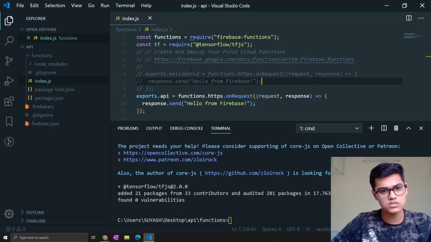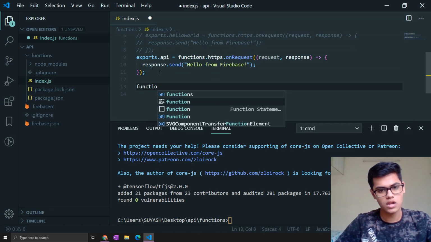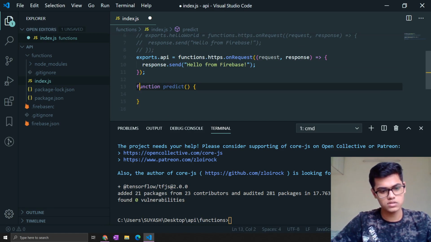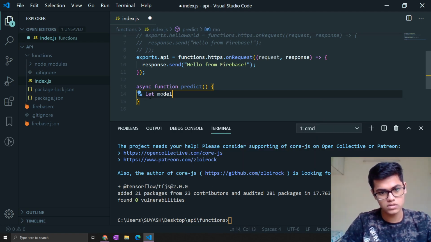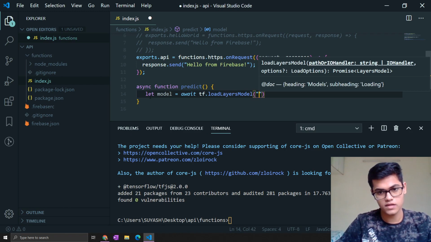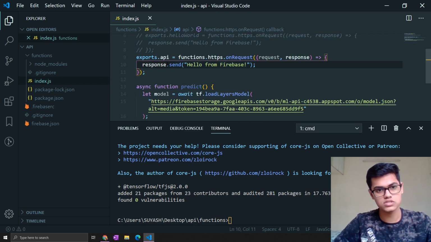Now we'll just copy this and create a function predict, and this will be an async function. Let model equal to await tf.loadLayersModel, and here we will paste the path or the URL of our JSON.